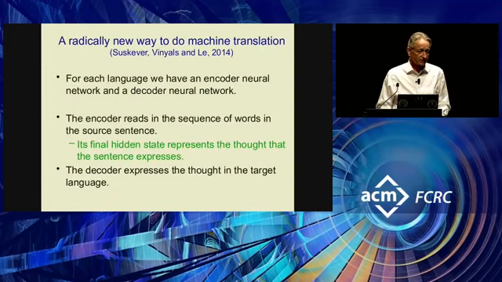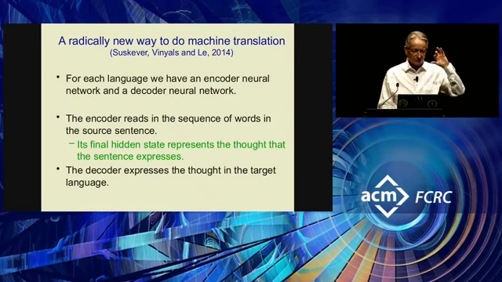The last thing I want to talk about is a radically new way to do machine translation, which was introduced in 2014 by people at Google, and also in Montreal by people in Yoshua Bengio's lab. The idea in 2014 was for each language, we're going to have a neural network. It'll be a recurrent network that is going to encode the string of words in that language, which it receives one at a time, into a big vector. I call that big vector a thought vector. The idea is that big vector captures the meaning of that string of words.